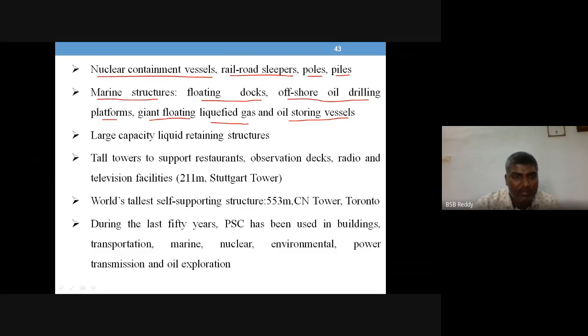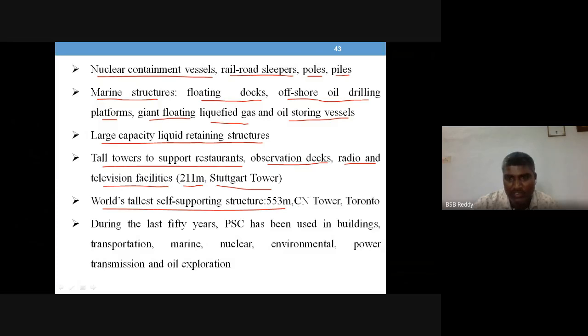and these are the marine applications, the large capacity liquid retaining structures, and tall towers to support restaurants, observation decks, radio and television facilities, where you have an example of the 211 meters Stuttgart Tower. The world's tallest self-supporting structure, which is 553 meters tall, is the famous CN Tower